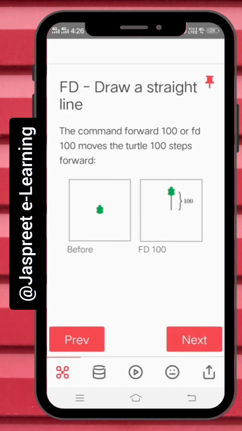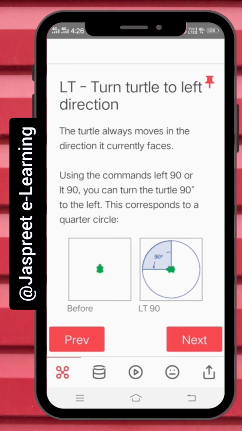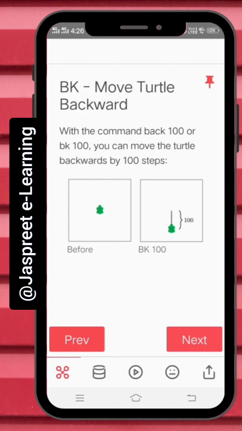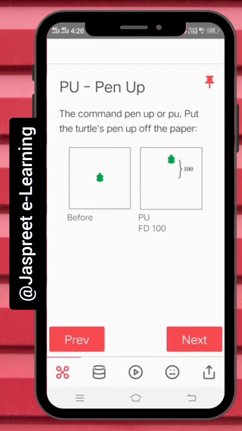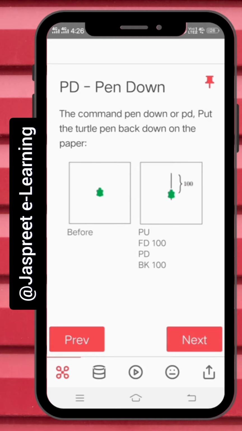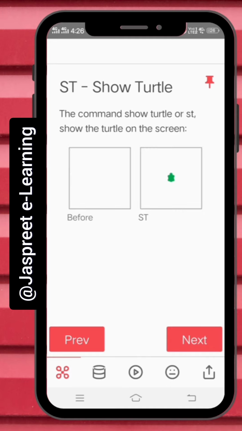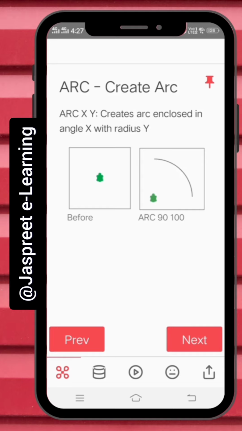Now you can see a brief introduction about the Logo commands that we are going to use to make a drawing. Commands like FD, RT, BK and so on. These commands are also known as primitives. These commands will help the turtle to draw the diagram on our graphics screen, or the main screen of the Logo commands. You can press next. If you already know about these commands, or you want to, you can read these commands before starting on Logo.